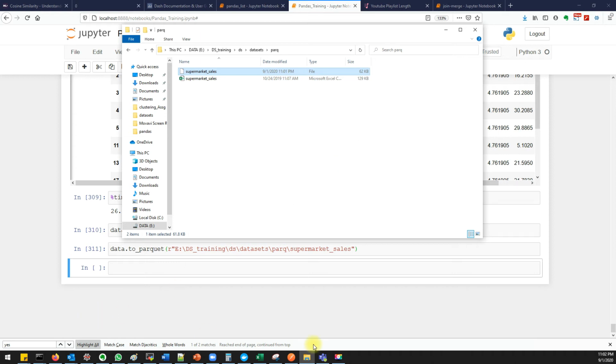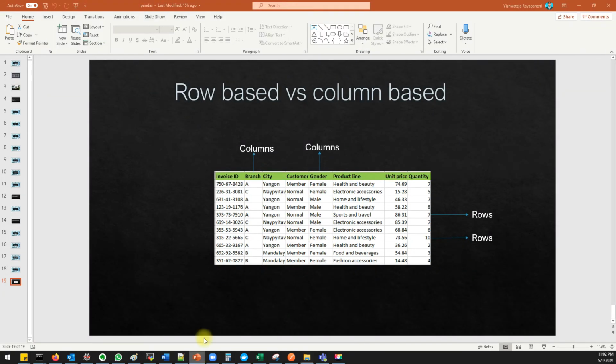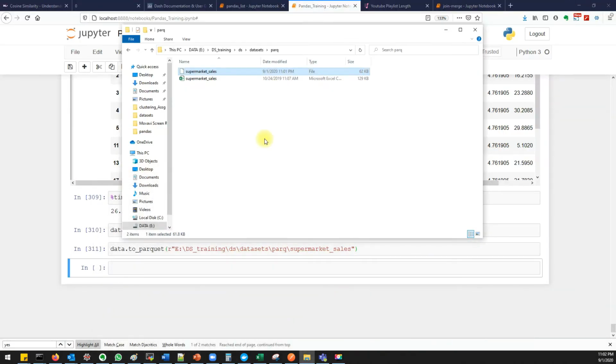Other than the benefits we just discussed, let me open the presentation. We know in column oriented files, each column is stored as a different file, and whenever we want to read only a few columns, it will read only those particular columns and skip the remaining columns. That will increase performance and reduce the space used in RAM. Other than these benefits, it will also compress your file. Did you see this? It almost compressed 50%, right?